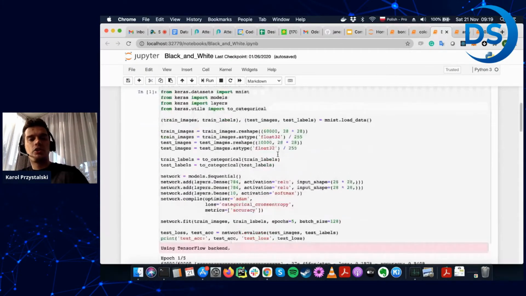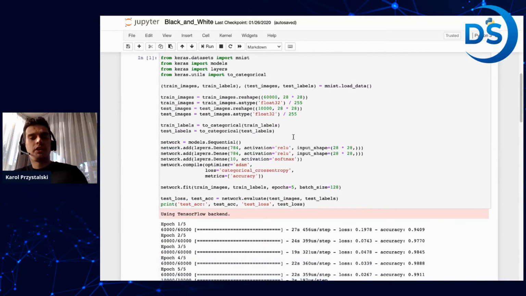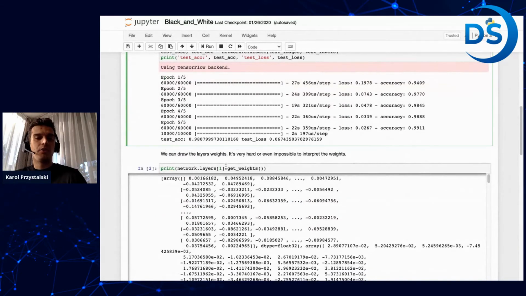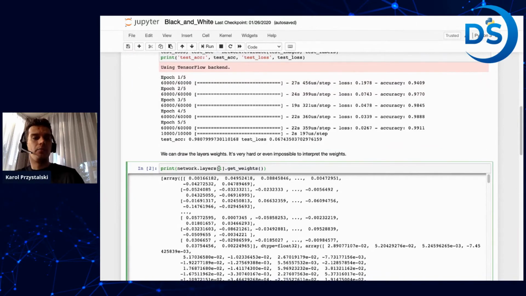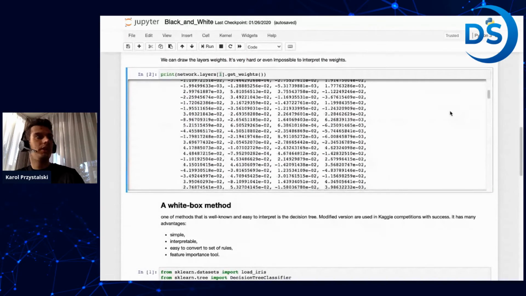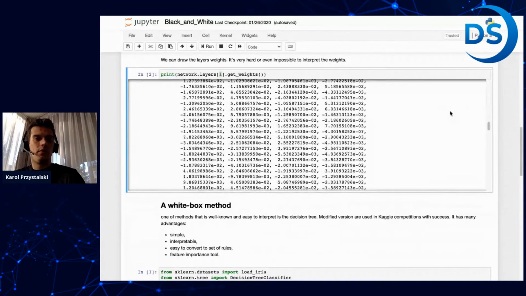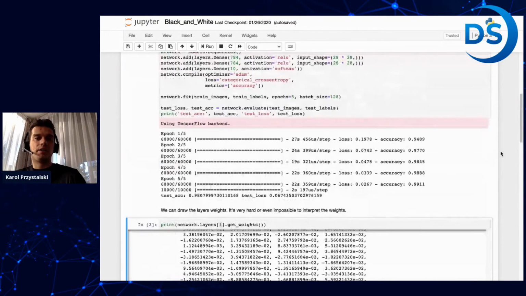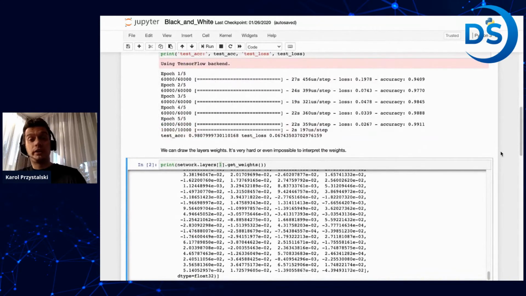So this is our very short, I mean small network here, just 3 layers, developed in Keras for MNIST classification, something very classic. After the training, I get the network where I can print the weights in the layer. In this case, I'm printing the layer 2 weights. And as you can see here, these are the weights. A lot of numbers where it is not really possible to explain what the numbers mean. That's something that we consider a black box method because that's very hard to explain.